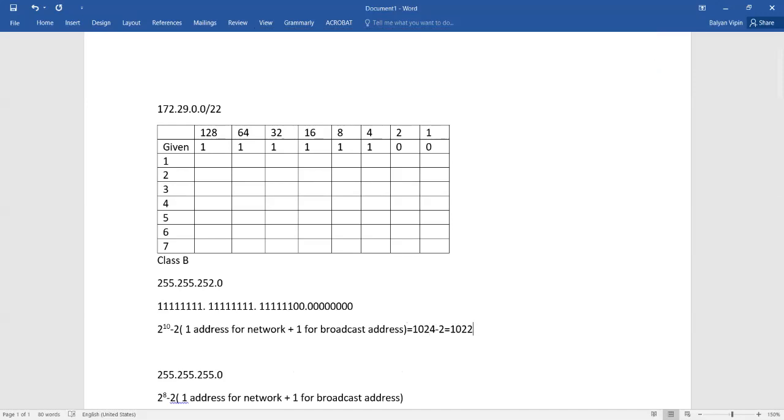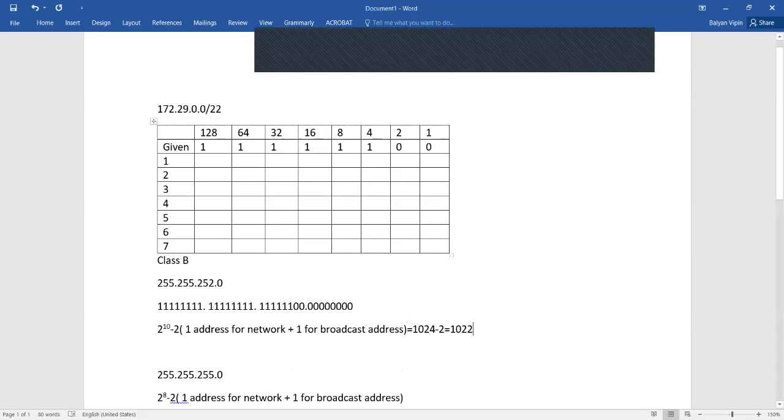If we are using the subnetting bits as this. But instead of using it, if I change it to 1, 1, 1, 1, I'm talking about the third octet only. I'm working on this part only. If I change it to 1, 1, 1 here, 1, and I make it 0, how many bits am I using? Here I'm using 22. Here I'm using 23.